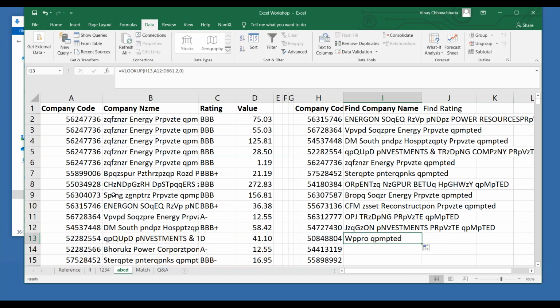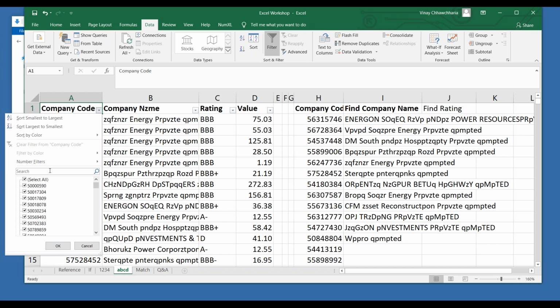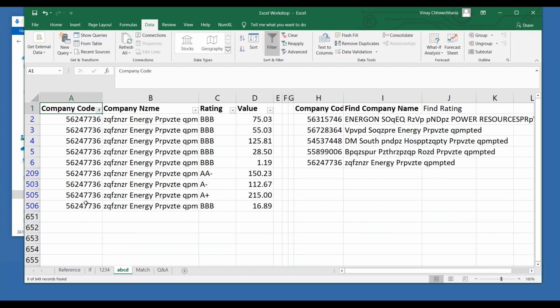Now just I will try and see for some result, because let me just modify the data for you so that you don't have to do anything with this.